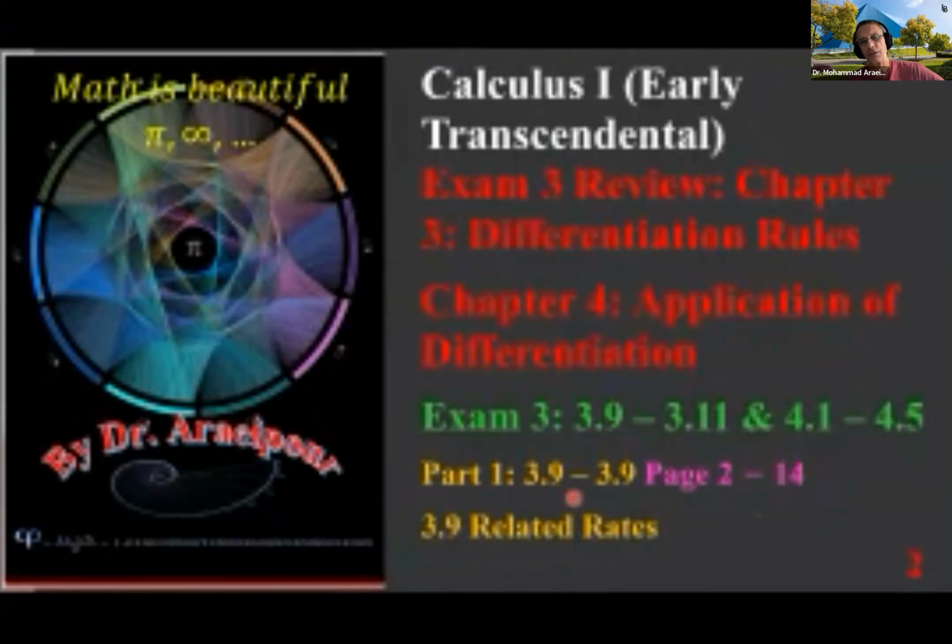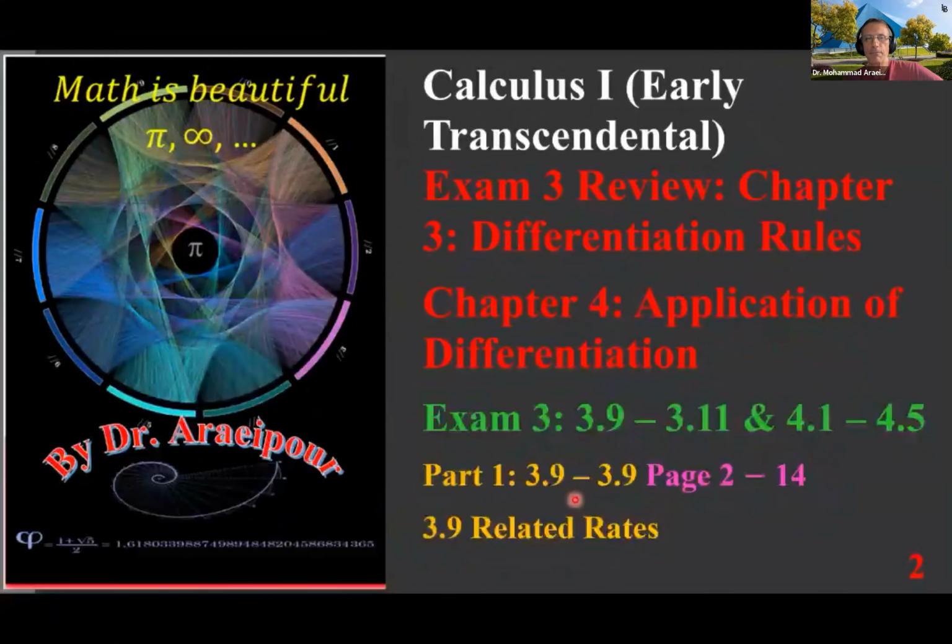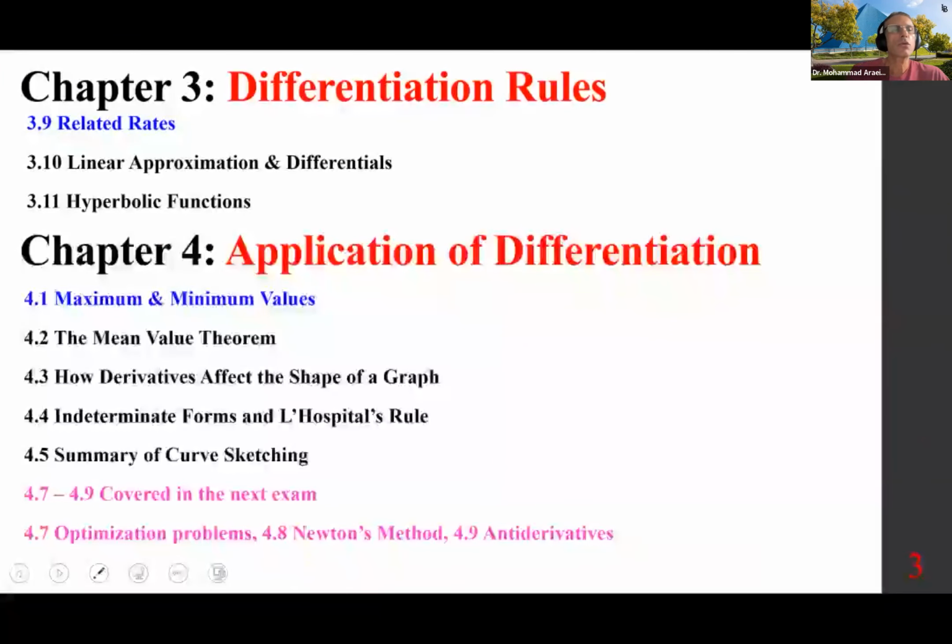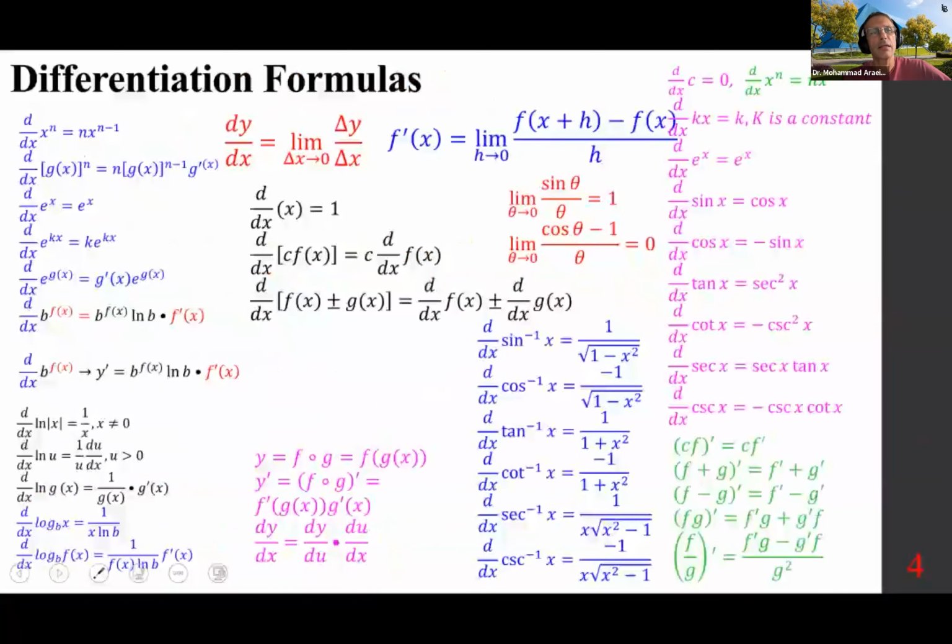3.9, related rates. So we're looking at the first part, 3.9, related rates. For this exam, we're going to cover 3.9, 3.10, 3.11, then 4.1 to 4.5, and the last two for the next exam. For now, reminding everyone of various formulas we have seen for differentiation, such as the definition,